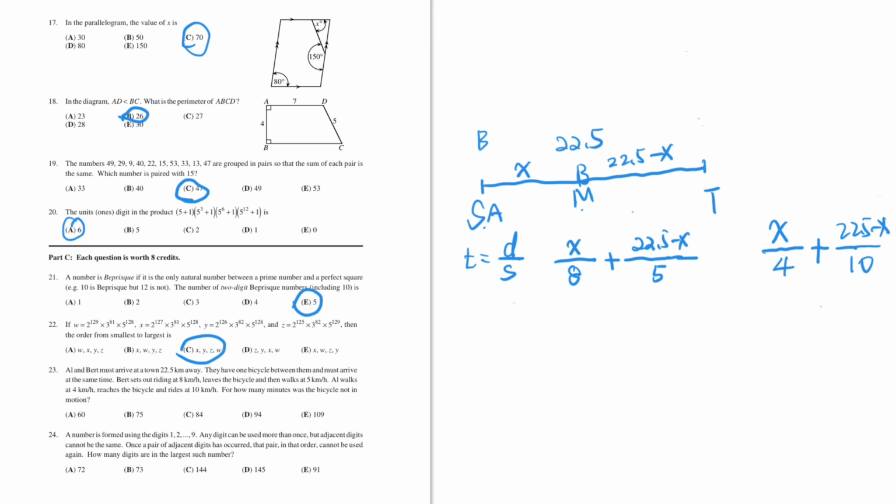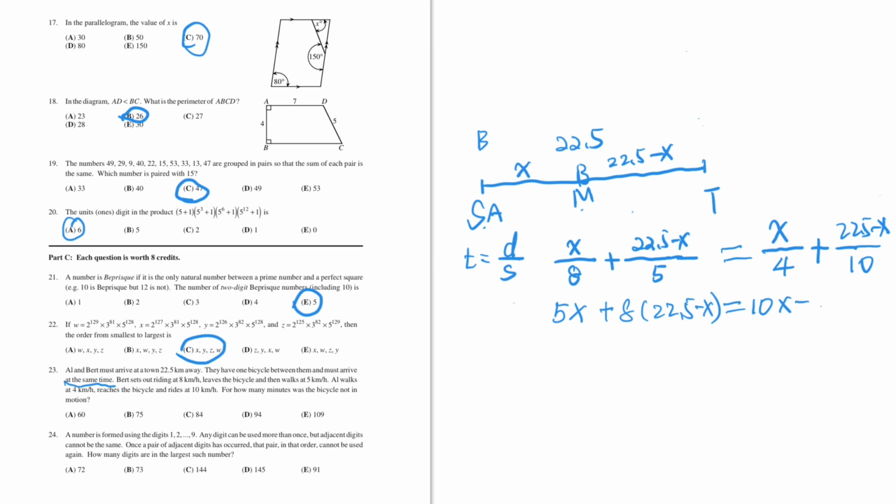And given they arrived at the same time, that means they use the same time. Now solve this equation. Both sides times 40. That's the 5x plus 8 times (22.5 minus x) equal to 10x times 40